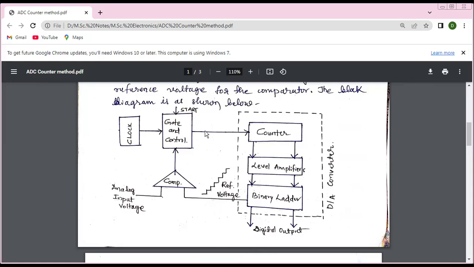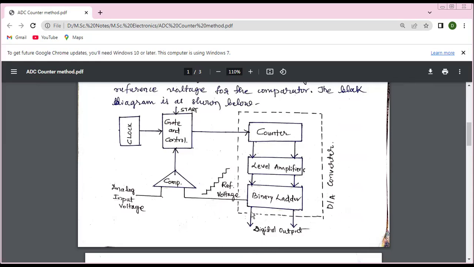So one pulse appears here, and that pulse is counted by the counter, and it comes down, its voltage is checked and leveled, and that same voltage comes to the binary ladder,